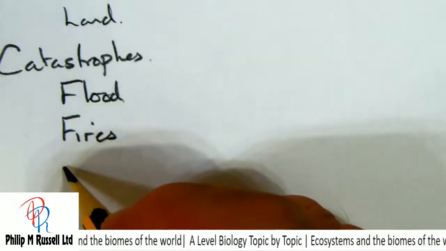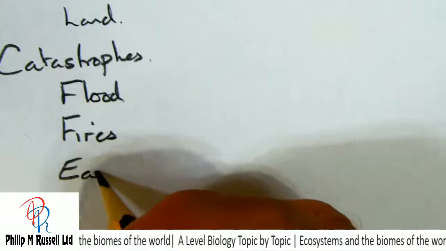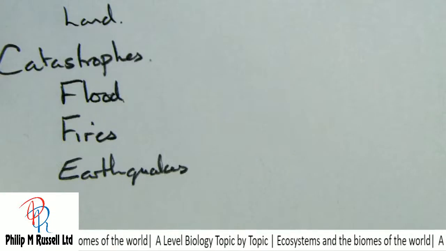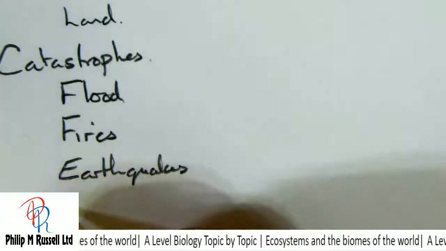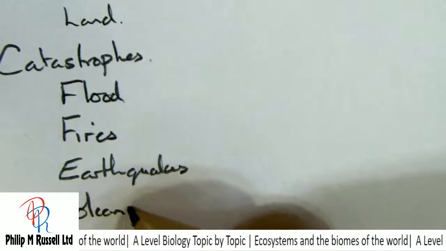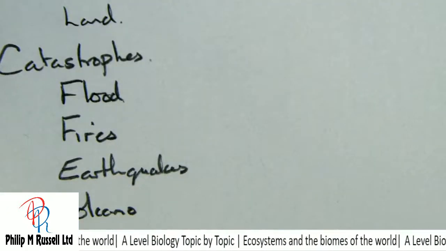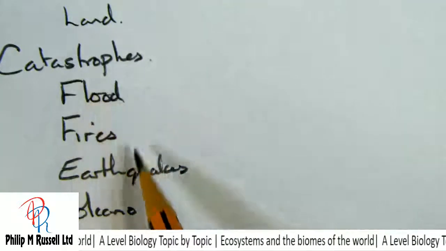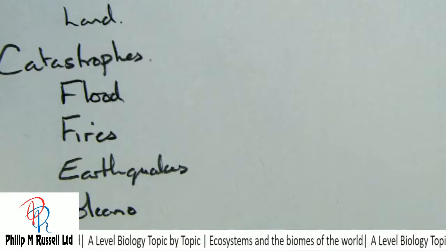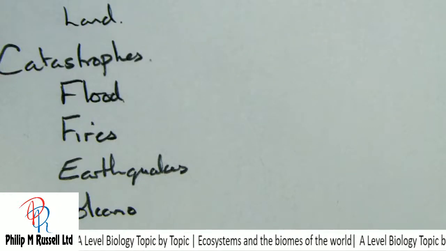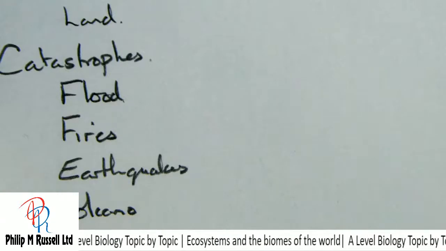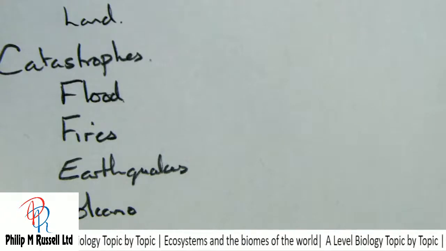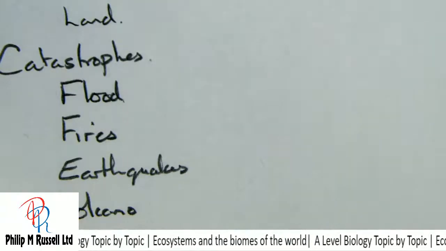But it can also be more extreme, with things such as earthquakes, and obviously go with that, volcanoes. So all of these sort of catastrophes can affect what's going on in one of these abiotic systems. Let's have a look at these abiotic systems all together, and if we look at the world as